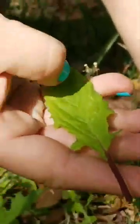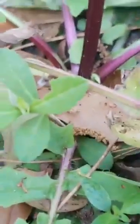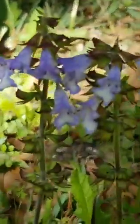One of the indications when you choose it is you look for red in the leaf up here, but you see how red that is. I don't know if you can see it on camera. I'll put it on my hand so that you can tell how red that is. That's what we call a doctrine of signature. There, this shows the red stem really nicely. The blood. So lyre leaf sage, its common name is cancer weed, and I would have no hesitation using this